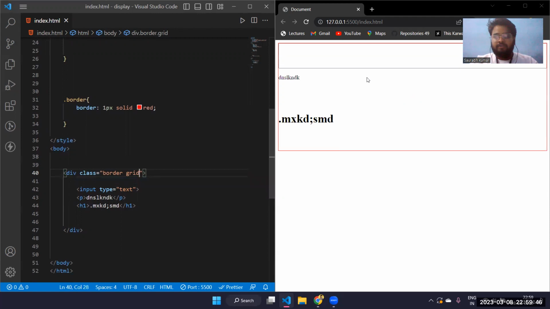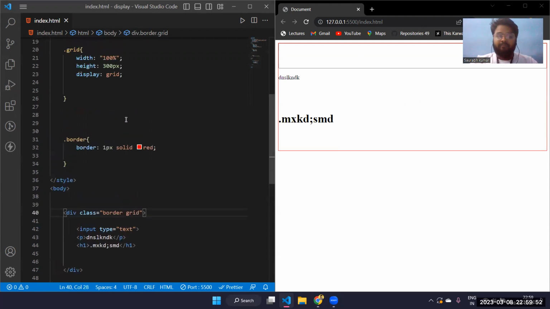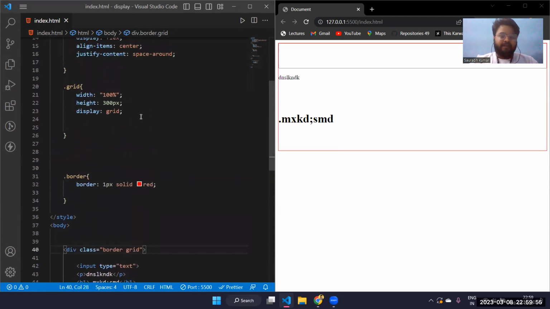Just put grid. Now you will see all the things are actually aligned again line by line, vertically. Okay, in grid. Now if you want to put them in a horizontal manner,